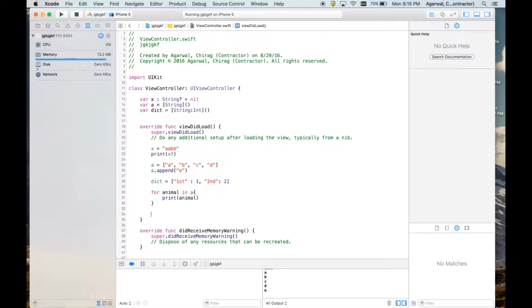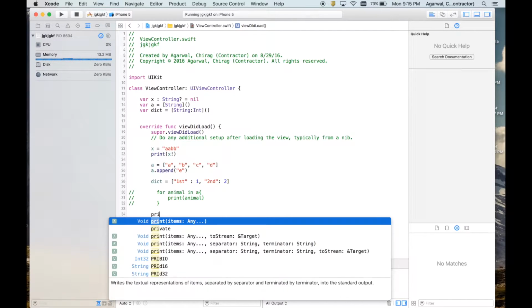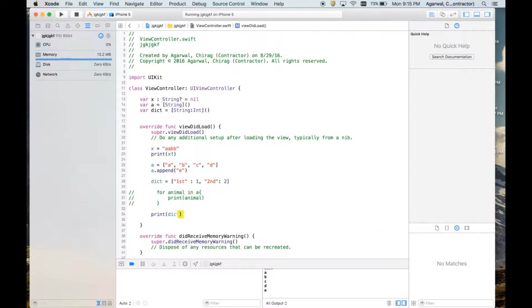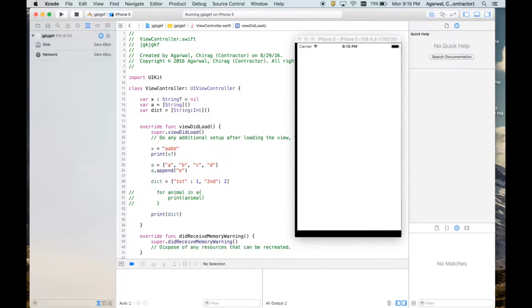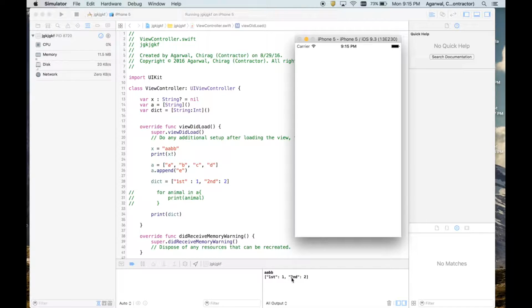So now let's just comment it out, and now if you want to print, let's print out the dictionary. So we have printed out the dictionary now.